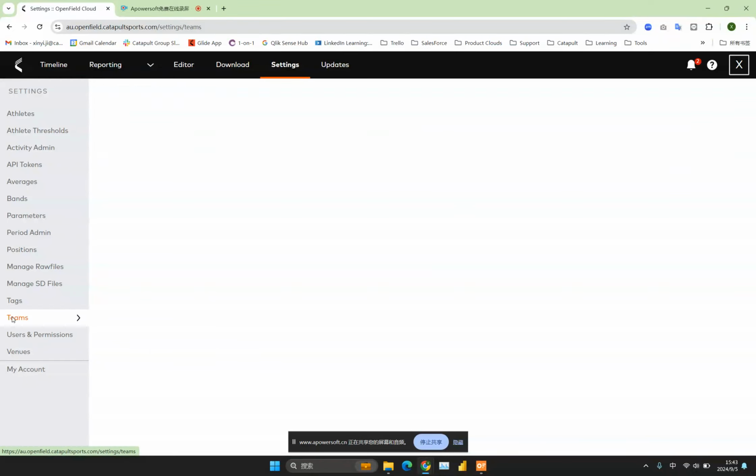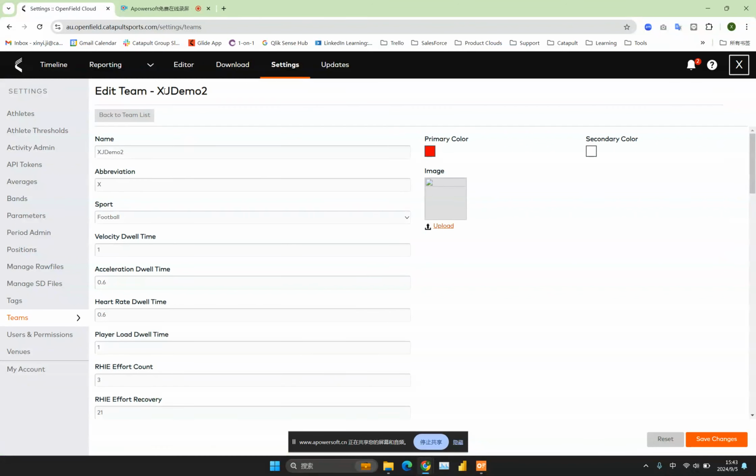So we can select the teams tab. You'll see there might be some demo teams or sample teams here. You can just select the team that is the same as your account name. In my case, it's XJ Demo 2, and you can change the team name however you want. It can be in English, it can be in